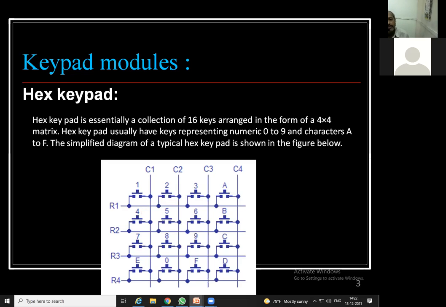If key 2 is pressed, how is it going to come to know that 2 is pressed? Because it is a combination of R1 and C2, if you are able to see this in this slide. Got it? If A is pressed, how is it going to identify that key A is pressed? A is nothing but the combination of R1 and C4. In this way only it is going to be used. So what is the logic being used? We will discuss that now onwards.